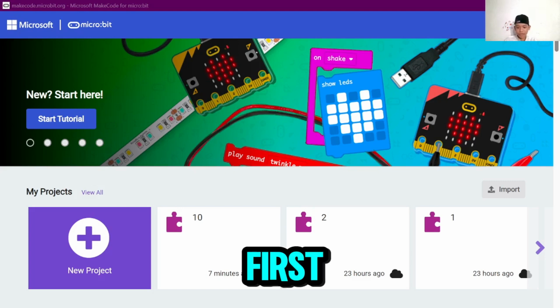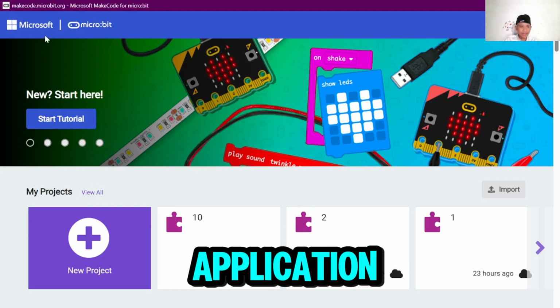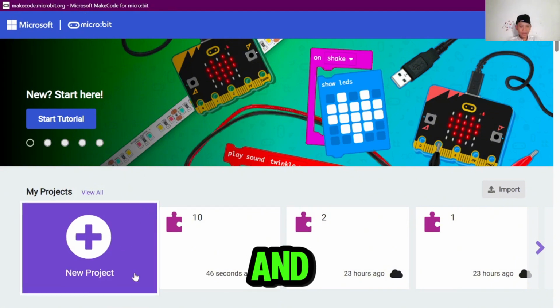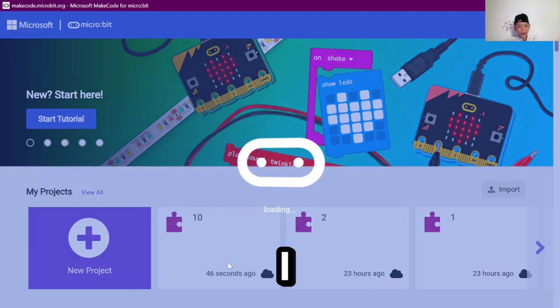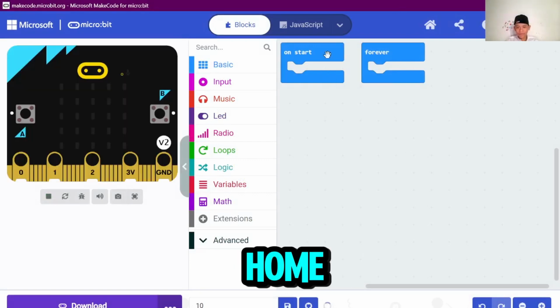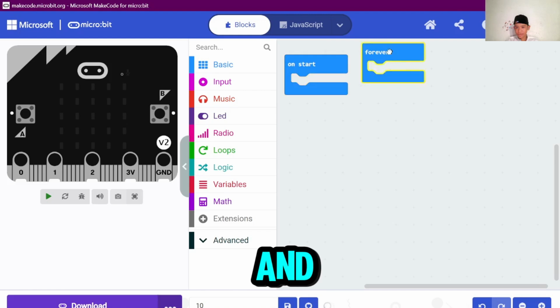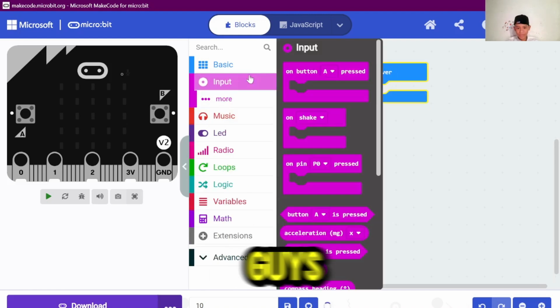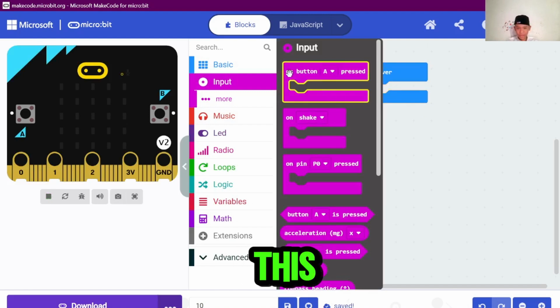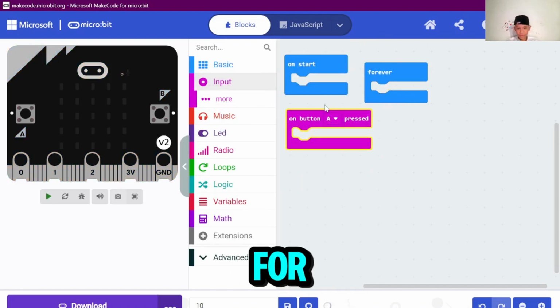First, you guys open the micro:bit application and make a new project. I already made a new one. In here, in Home, there is on start and forever. You guys can see, and I'm using this for making it more.